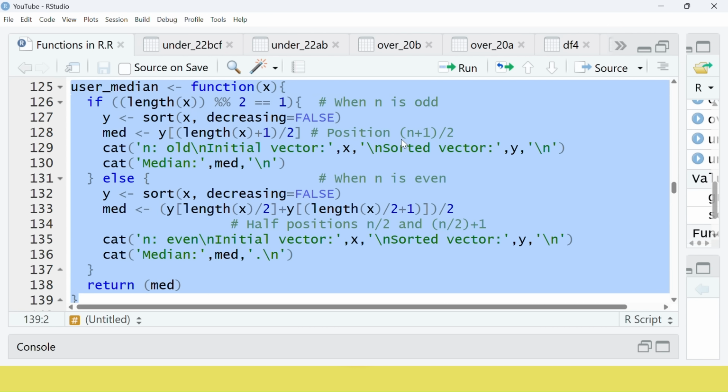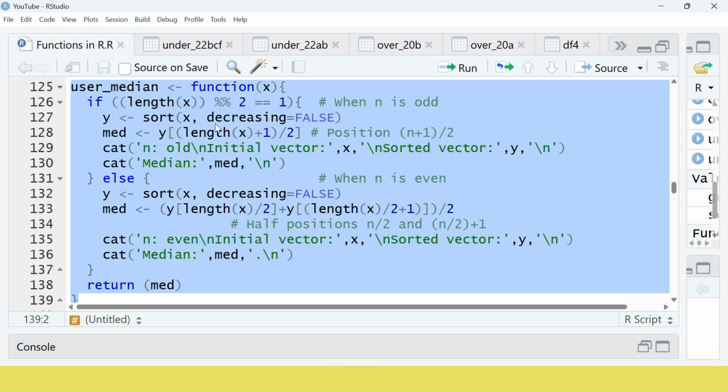What we do is we sort the data set. So this is x. We don't want to transform the x. The x must remain as it is, because if we put x again here, then sort, the x will be transformed into the sorted one. But we want x to remain as it is, and generate another vector y which will contain the sorted x. Decreasing false or decreasing true does not matter here. Okay, so decreasing false,